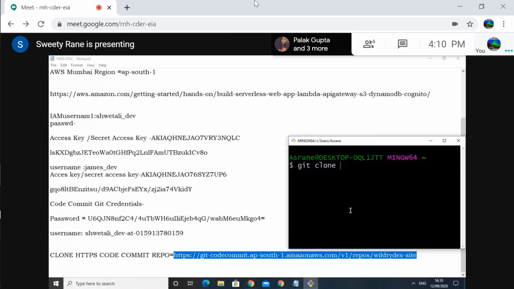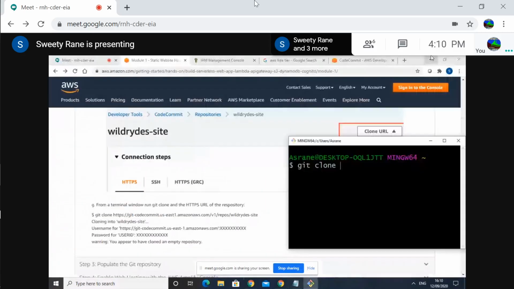Maybe right click and paste it. Yeah, you can right click and paste it. Right click is not working.